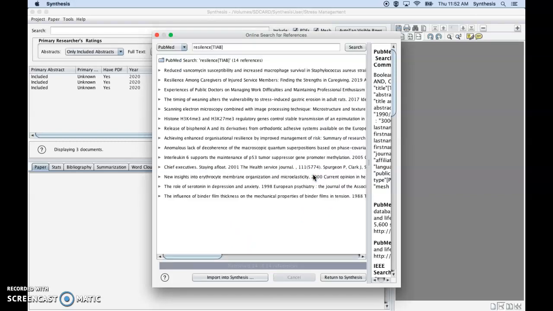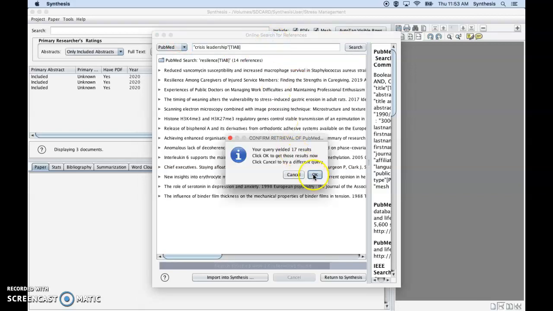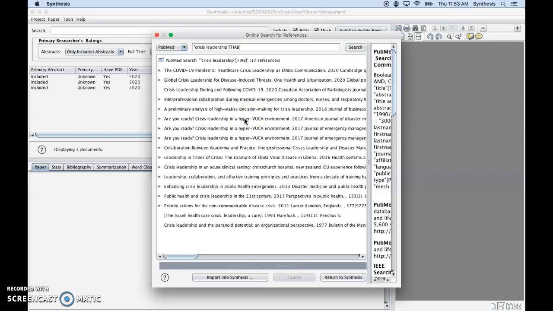So let's see what type. It's resilience among caregivers of injured service members, experience of public doctors. You can still import all of these, but it's one of those things where you really want to play with the search and try a few of these combinations. So here we're typing in crisis leadership. Now, crisis leadership probably wouldn't have a lot of papers in the